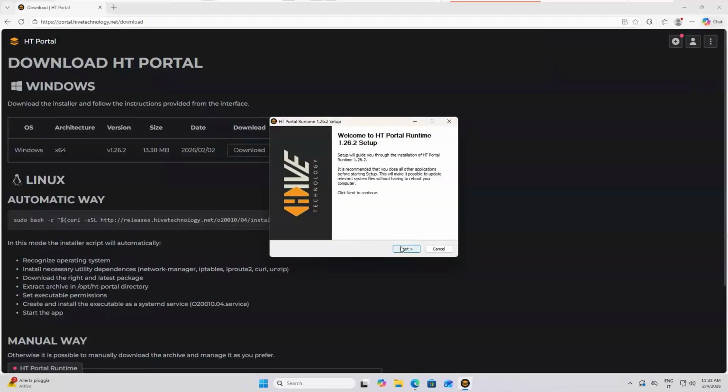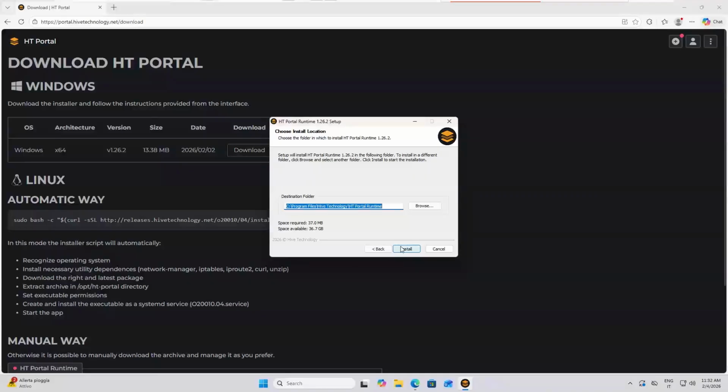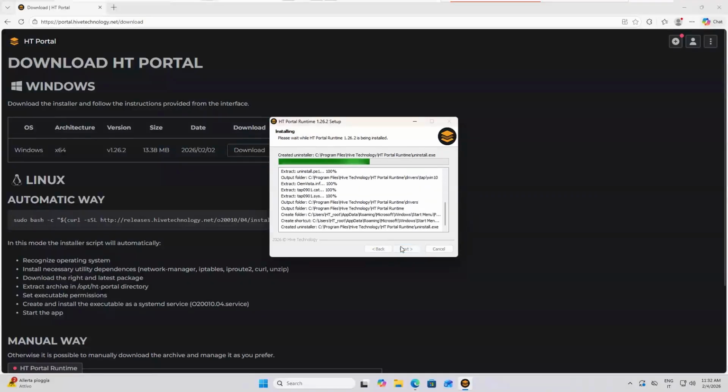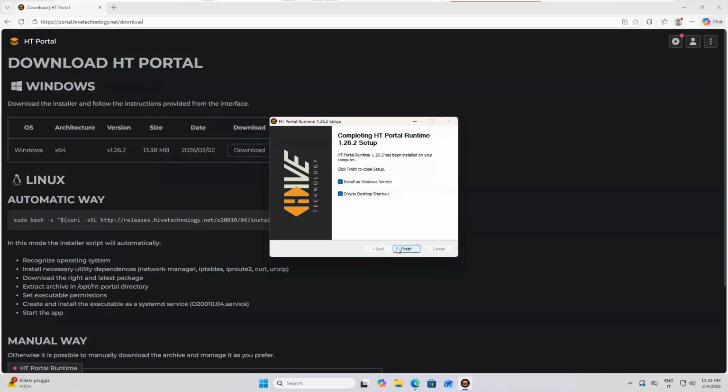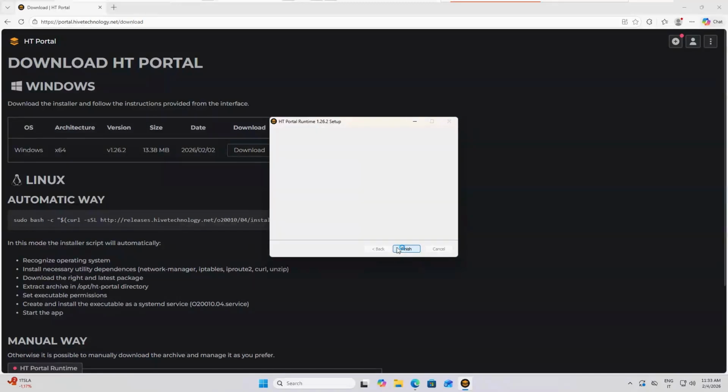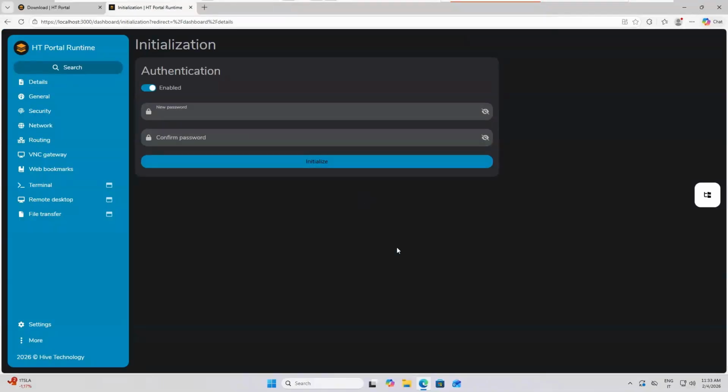You can keep the default options or modify them according to your needs. When the installation is complete, the configuration page will be automatically opened. It will be always accessible by simply clicking the icon near the system clock, or typing localhost 3000 in your